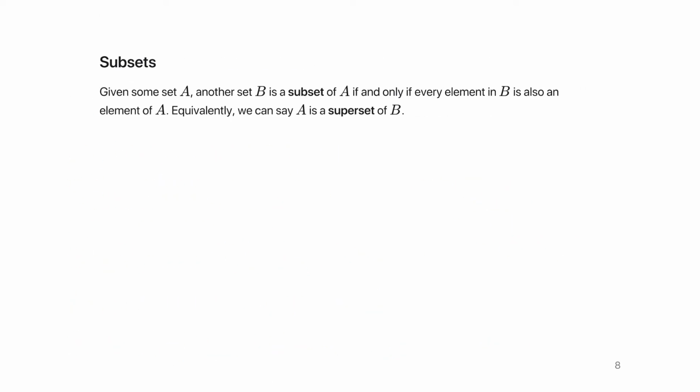Cool. So now let's introduce this idea of subsets. Given some set A, we say another set B is a subset of A if and only if, meaning the condition goes both ways, and we'll talk more about this next week, every element in B is also an element in A. If we want to draw some pictures, if this outer ring represents the set A, this inner set can represent the set B. Every element in B is also in A. Is that clear?